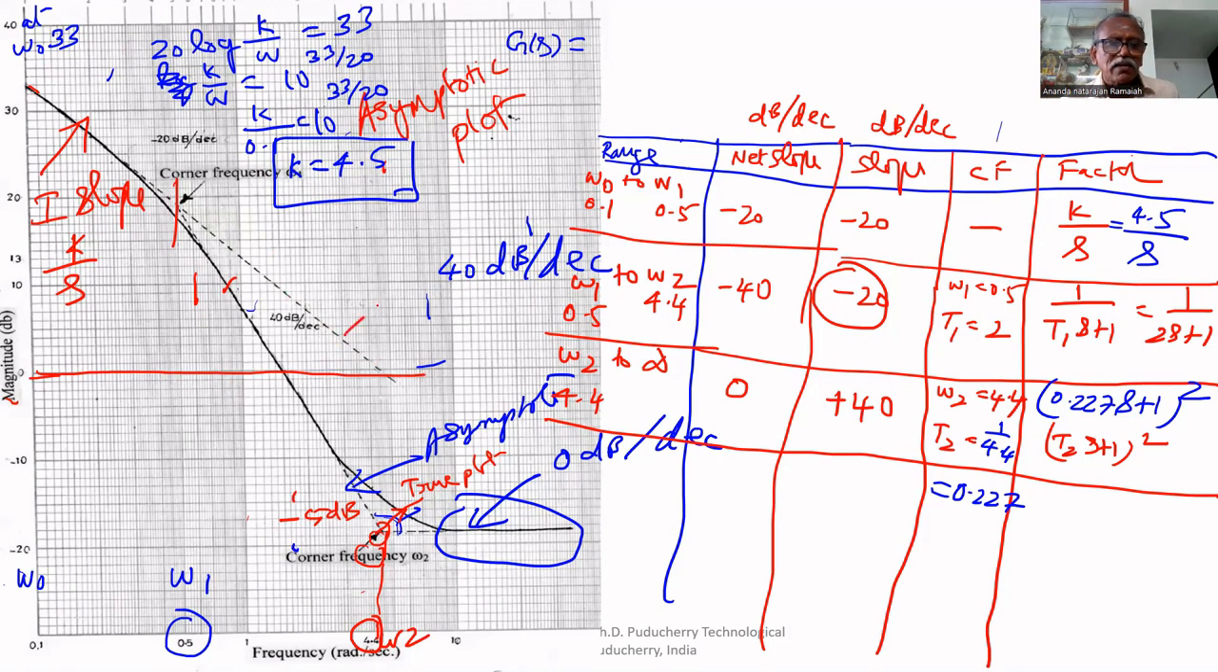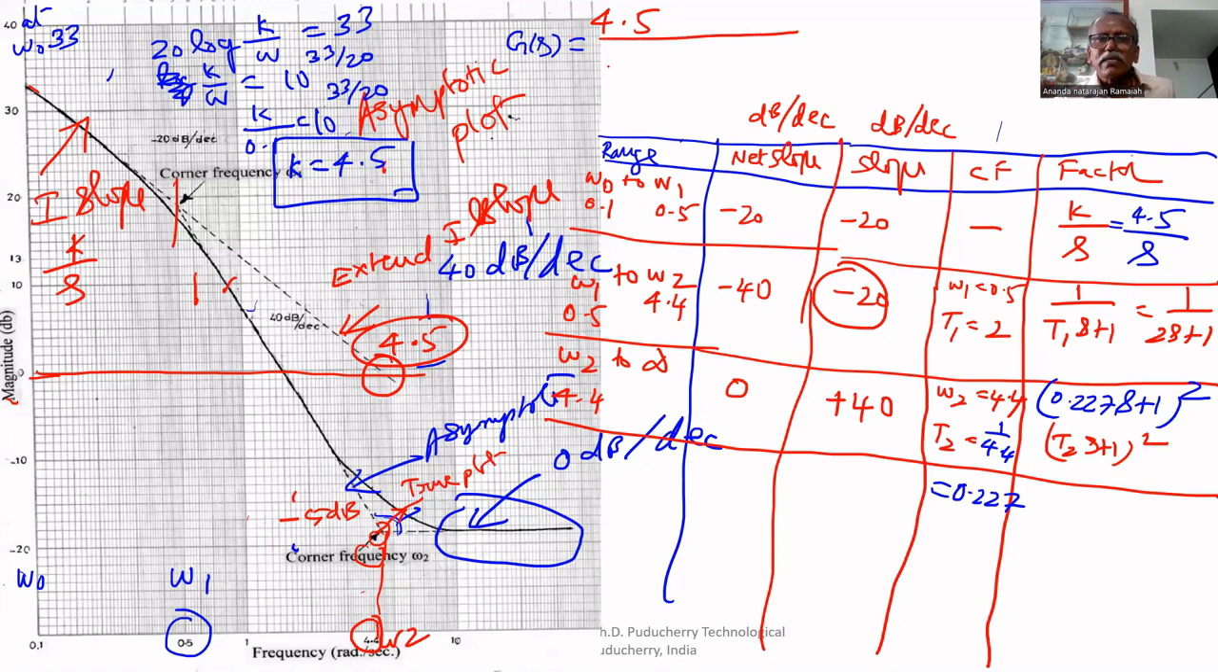The first slope is extended till it intersects with the 0 dB line, the x-axis. It intersects at 4.5. So we can find K that way also, K equal to 4.5. That way also you can find K. Therefore, the transfer function is 4.5, that is K divided by s, and